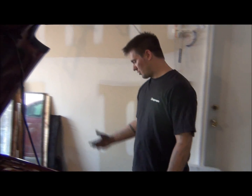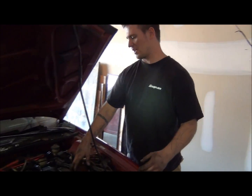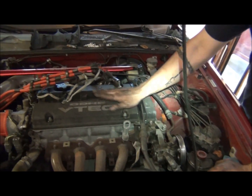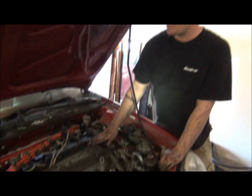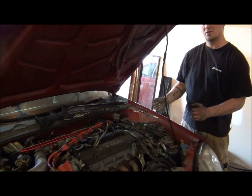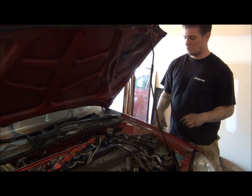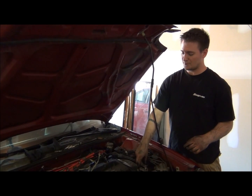Alright, so we got the crank pulley off and everything. Like I said, if you don't have these cutouts, which you're not going to unless you've done this on your own or something like that, you want to get the valve cover out. I went ahead and pulled the spark plugs out because when I'm trying to get it back to top dead center, it's a lot easier to turn over when you're not trying to build up compression against those. So I pulled all those out. And since the motor turns counterclockwise anyway, rather than putting the crank bolt back in and turning it that way, because it's just going to try to loosen it, I just came up here, since these should be tight on the camshaft bolts on the gears, and I just turned it back to top